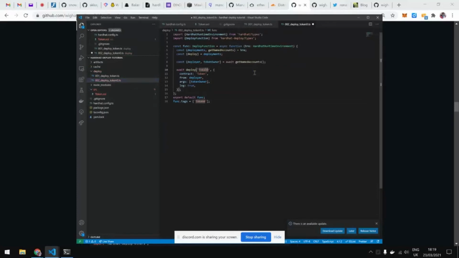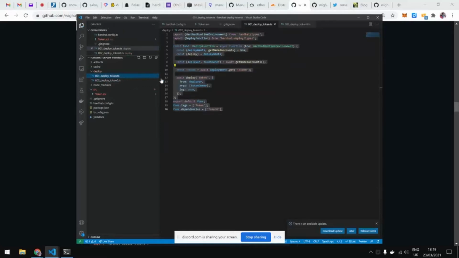This could actually be called differently. It's called token0, and in the deploy for Token, I will have to use that. So the tag used in the dependency, and the tags used in the tags field, are not the name of the contract. And then this, I could use it.